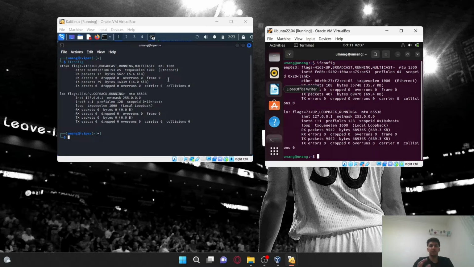To prove that I do know how to ping the operating systems, you just have to type ping and then the IP address of the other operating system. The reason we create a network was to assign different IP addresses to these operating systems, because by default, if we only connect them to NAT, they have the same IP address and we cannot ping them.